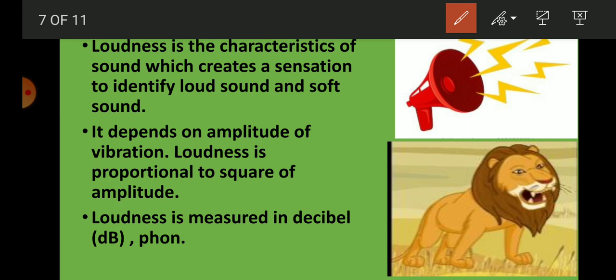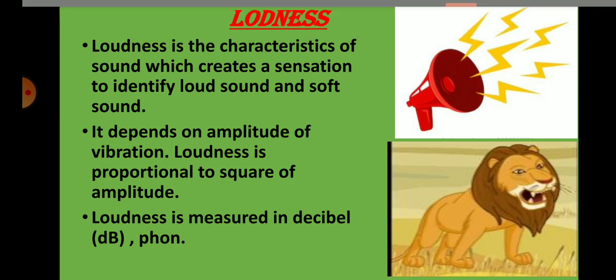The sound from the loudspeaker and the roar of a lion are loud sounds. The sound of traffic and the horn of vehicles are also loud sounds, where amplitude is large. So if we draw,